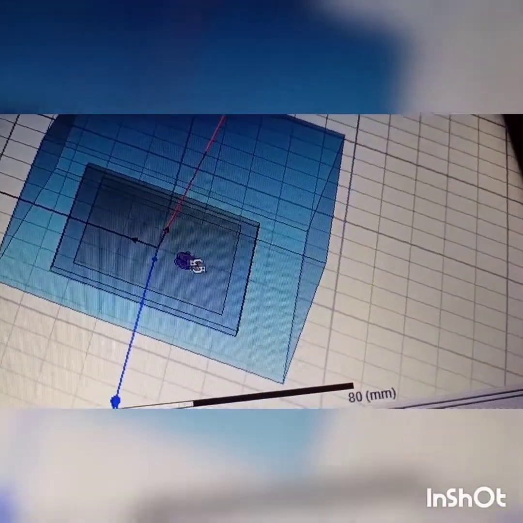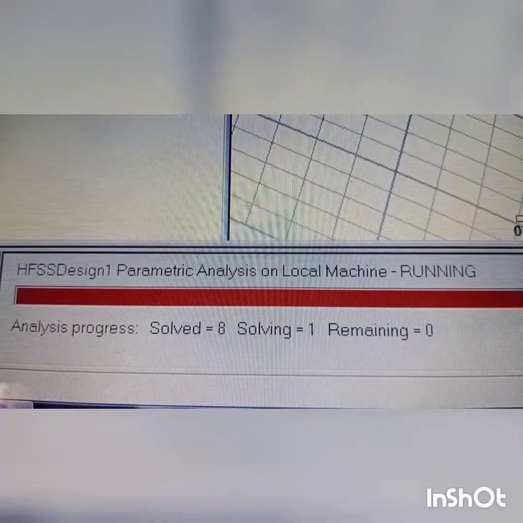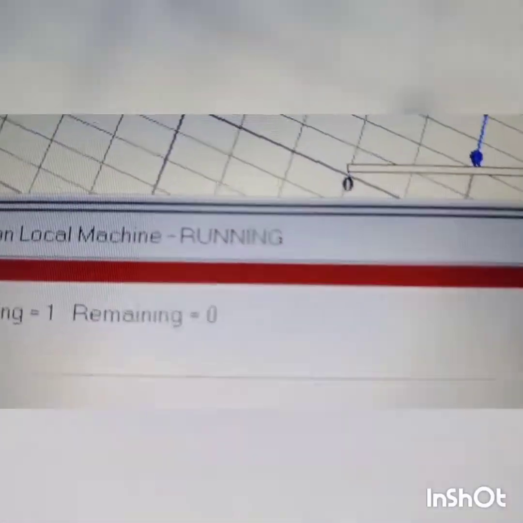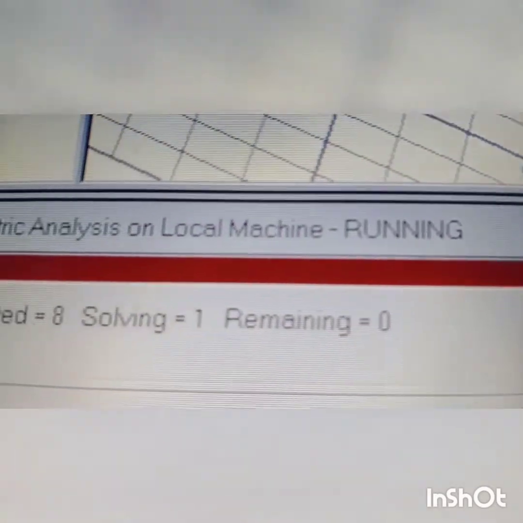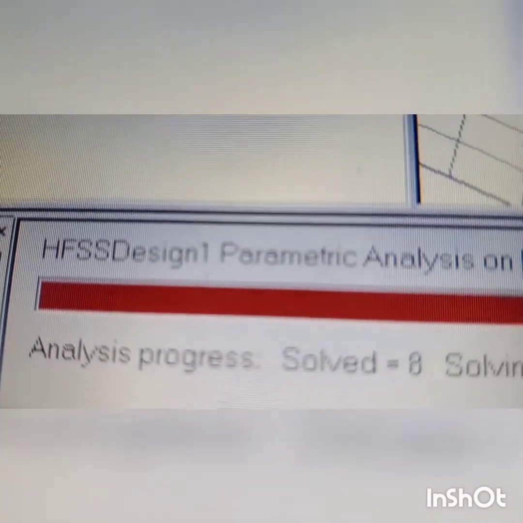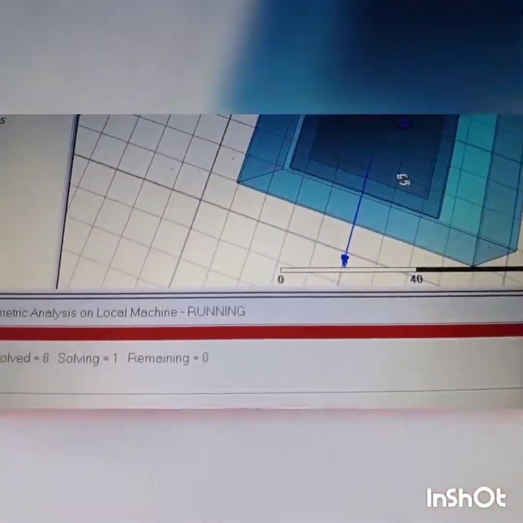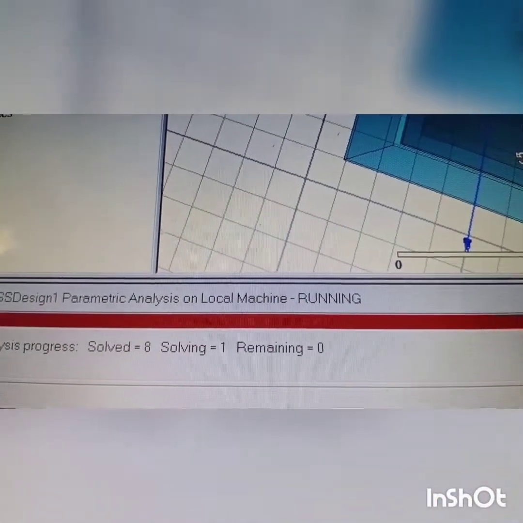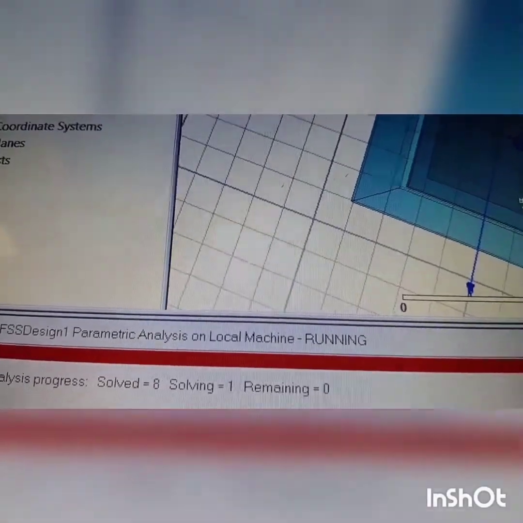Then by modifying that variable, wherever that variable is used, the value will be modified. That's why it is better. It is also easy to change the values without going there and putting them in. Just go to the properties in HFSS, and there you can change any variable if you want. That will adapt easily if it is used multiple times.